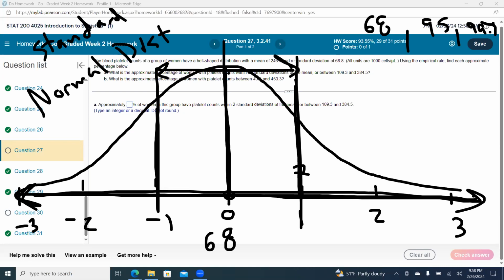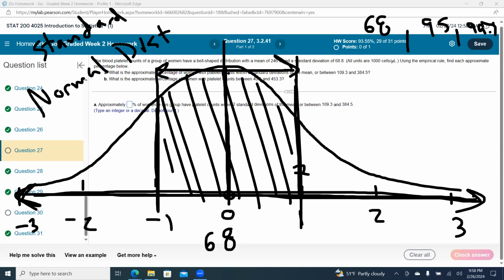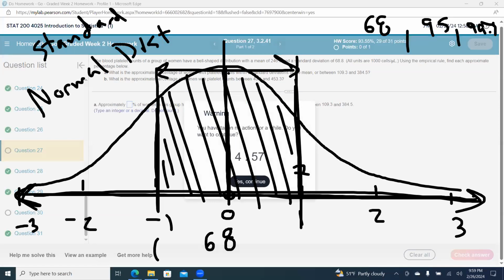But remember the probability that we're in between two values. It's not like we teach it backwards; it's just that people don't really know what we're doing. But the shading is the probability that we're in between -1 and 1. We're just saying, according to the empirical rule,